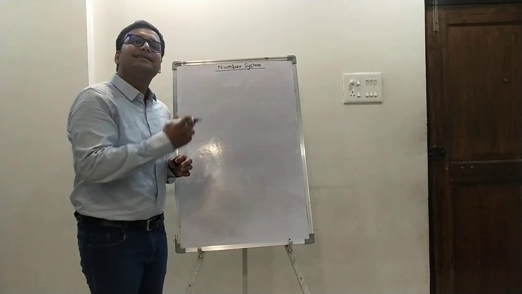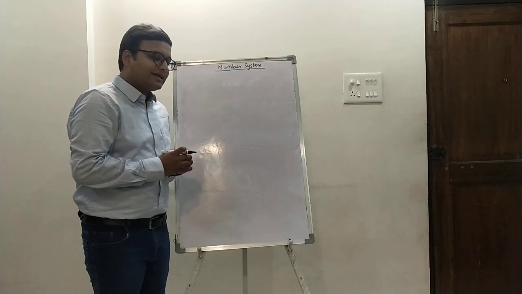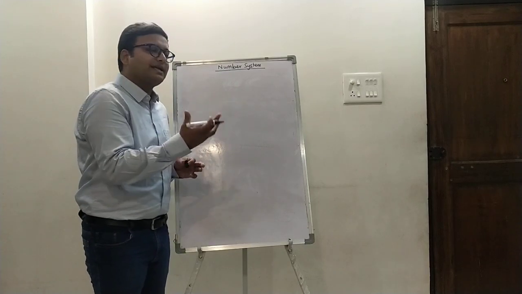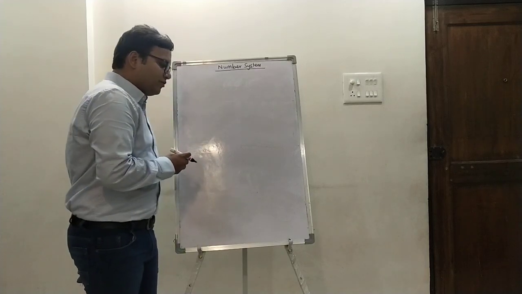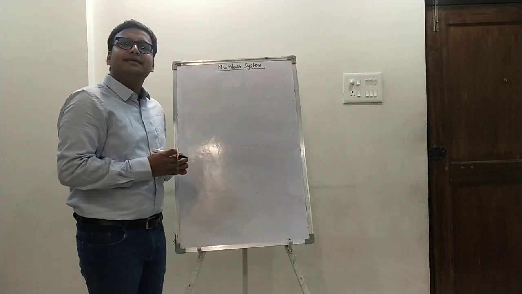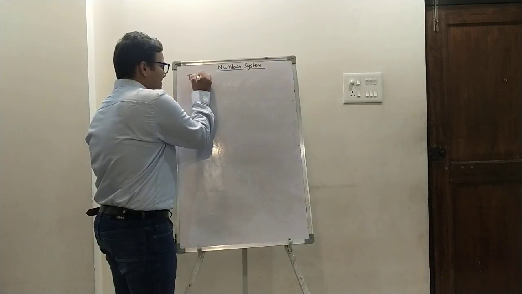In which base has it been defined, like which number system has been used, like what does 5 represent actually? Basically, 5 is in the decimal number system. Humans in general define it in the decimal number system. So there are different types of number systems.